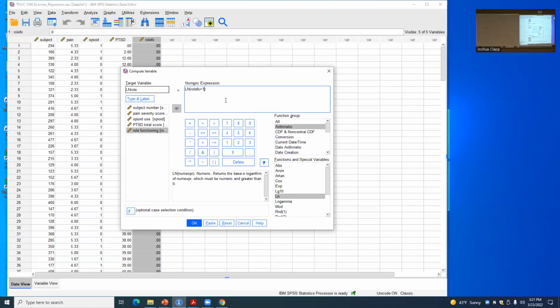The scale doesn't matter, right? The numbers are arbitrary. Whether the low value is 1 and the high value is 101 makes no difference. But what I can do is take the natural log of 1. So I'm not going to take the natural log of roll functioning; I'm going to take the natural log of roll functioning plus 1. I'm just adding a constant to every value that's going to allow me to perform this